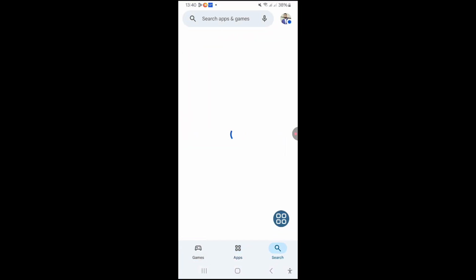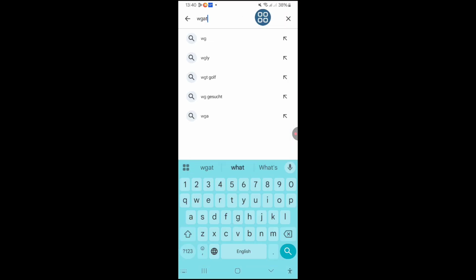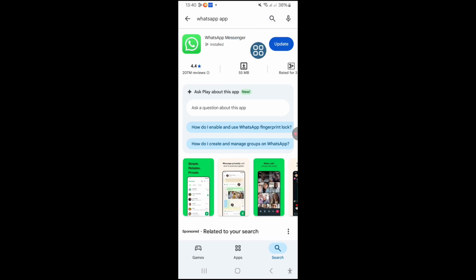Search here. Just write WhatsApp app and make sure to update. Go back